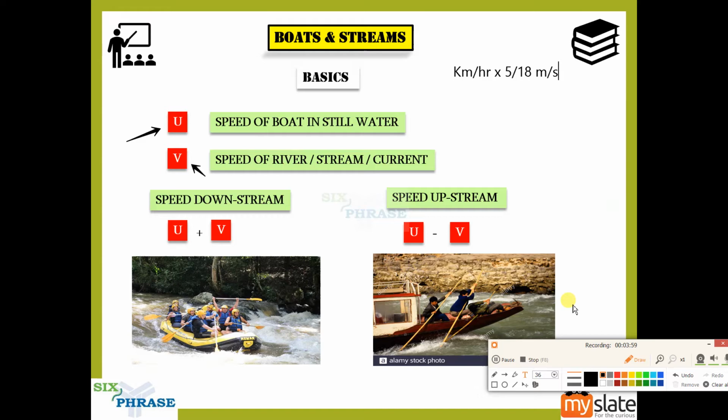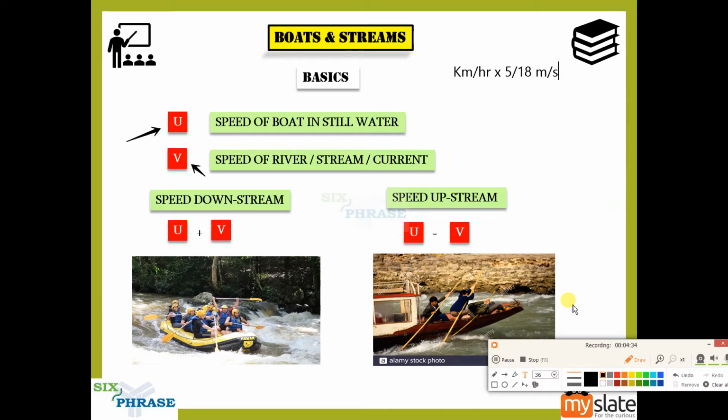In still water, if a boat is moving, the only force applied here is the speed of the boat. There is no speed for the water, right? Because it is not moving, there is no velocity, there is no force exerted by the water towards the boat. So that is where you can exactly measure the speed of the boat. So speed of the boat in still water, that is what will give you u. Don't just say speed of the boat, you should say speed of the boat in still water. That is the exact description of u.